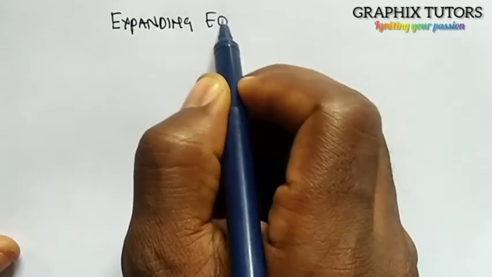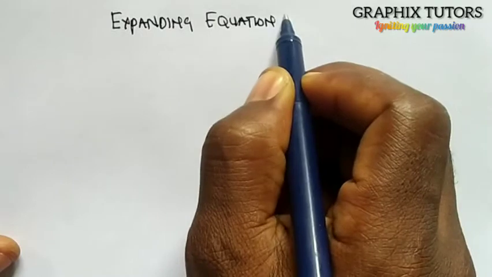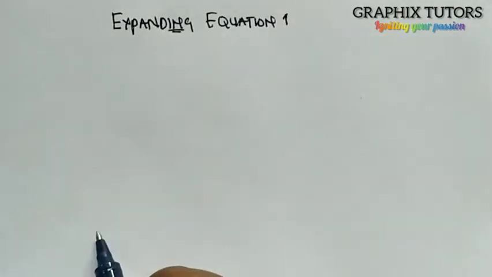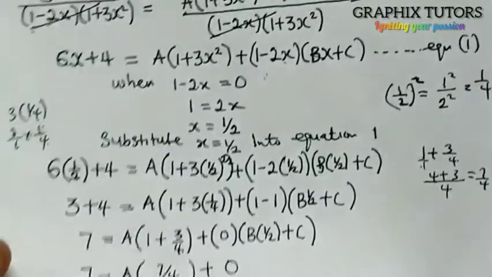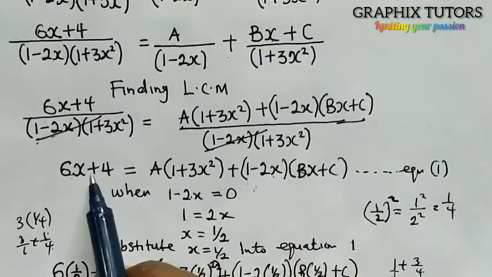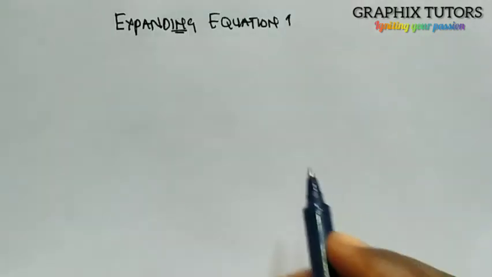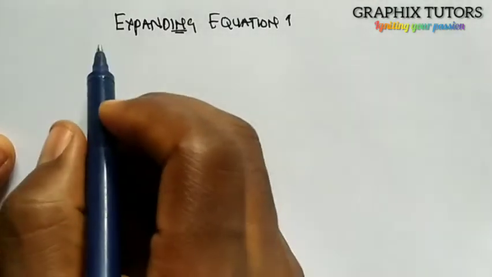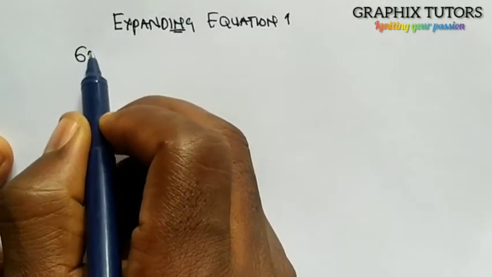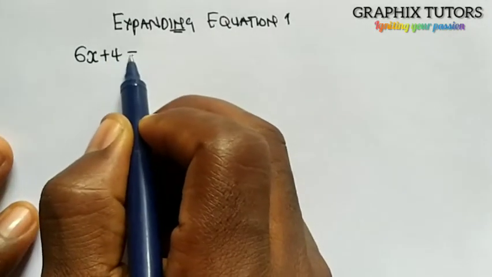Where's my equation 1? This is my equation 1, right? We have 6x plus 4. Write it out. 6x plus 4 equals